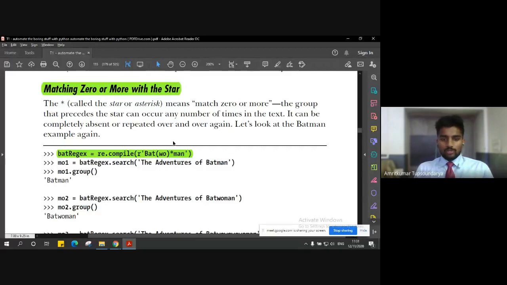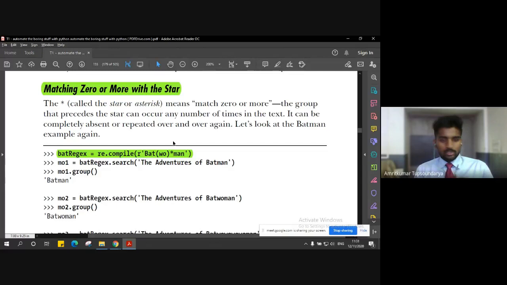Now, how to deal with zero or more instances? We already saw zero and one instance, but what about zero or more instances? For that, we have the special character called star, or asterisk.